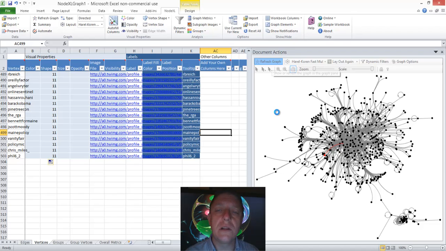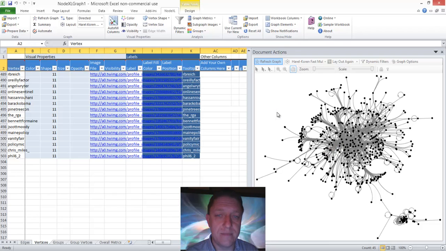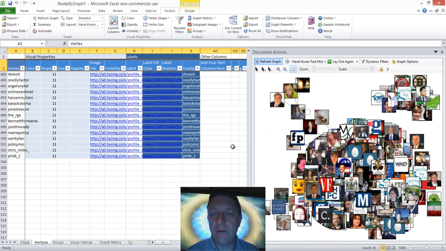Okay, so clearly showing images costs a lot more in computer time than just showing dots. And second, those images are all going to overlap on top of one another. Right? In fact, it's overlapping so much, wow, that it's really pretty, but there's so much overlap I can't see everybody. I just can't. I know why. I could look in here and poke around for a while, but it's not really helping me that much.